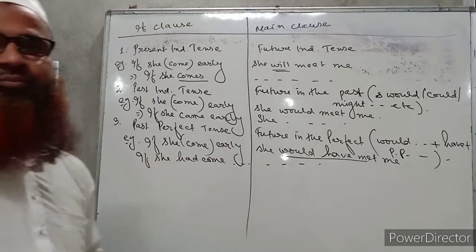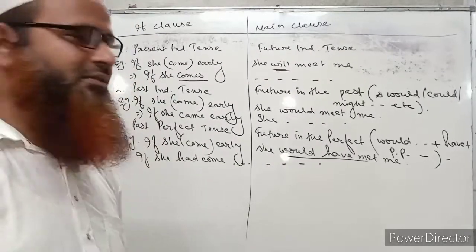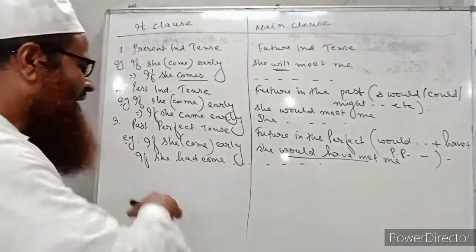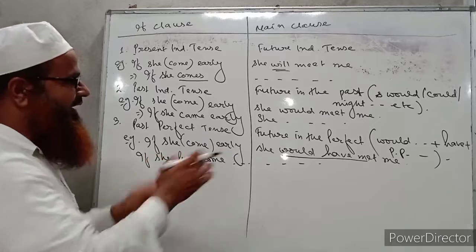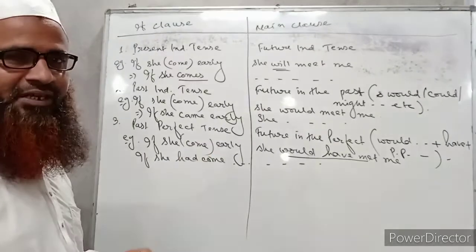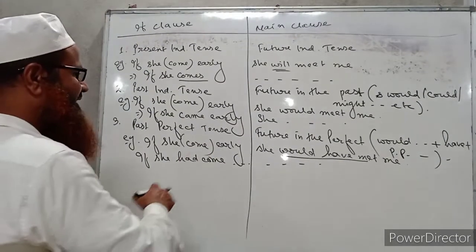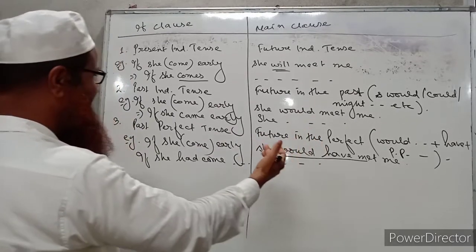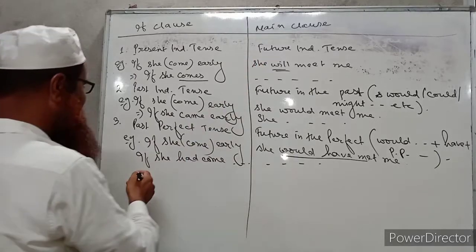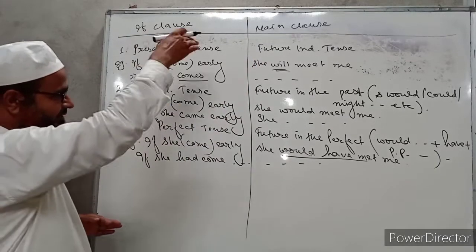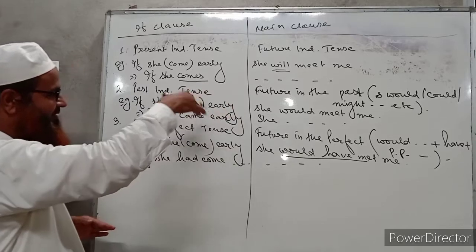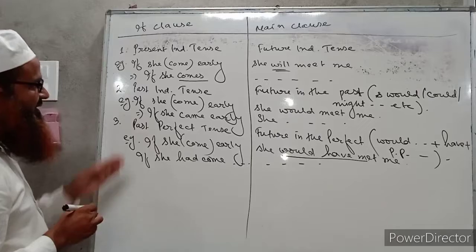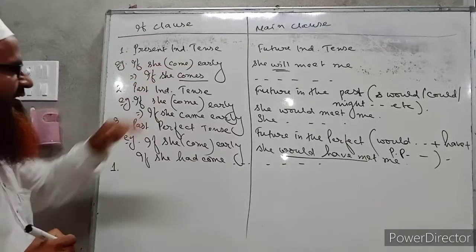Now I hope all of you have understood quite well the uses of conditional sentences. Now I want to make your ideas more clear by giving the bracket on the right side, that means on the main clause side. Now I am repeating these conditional sentences again with another sentence. Now again I have put here number 1, that means I will write the first conditional sentence.